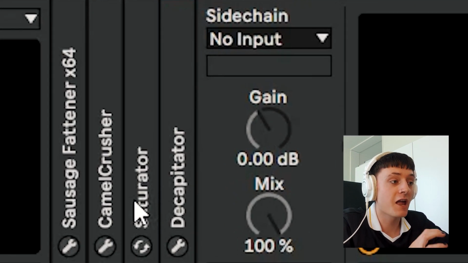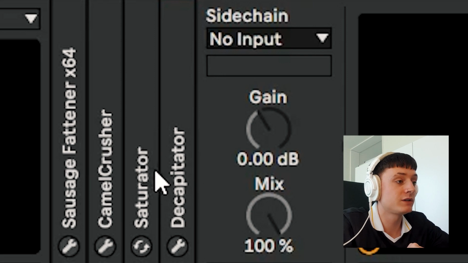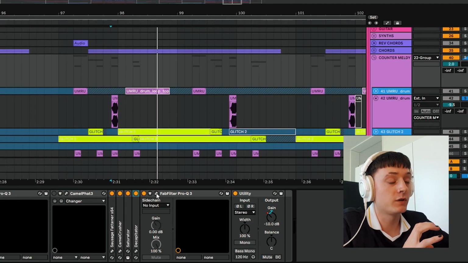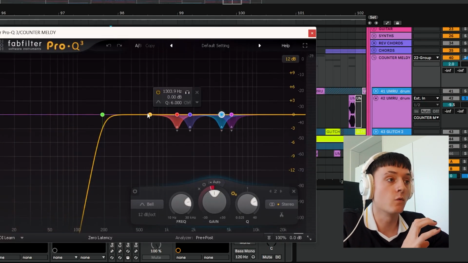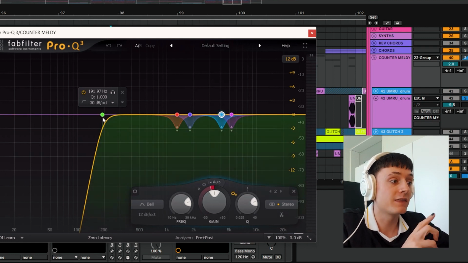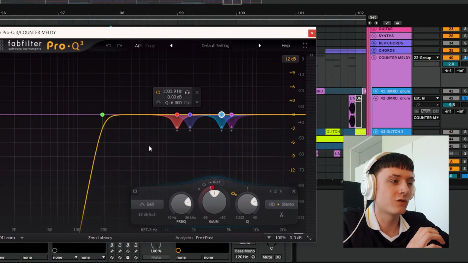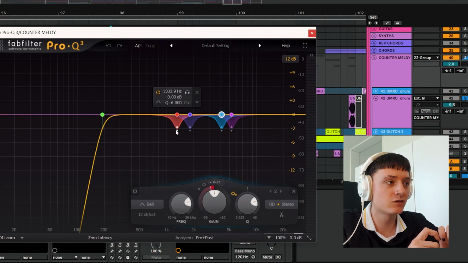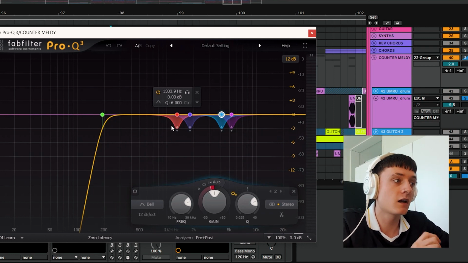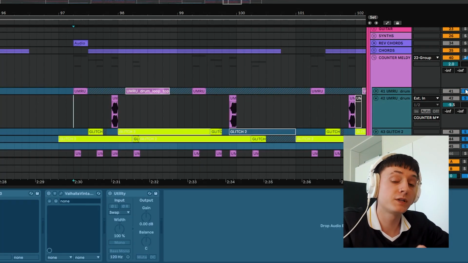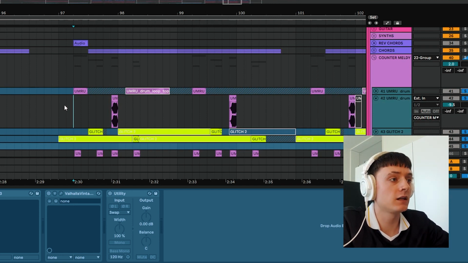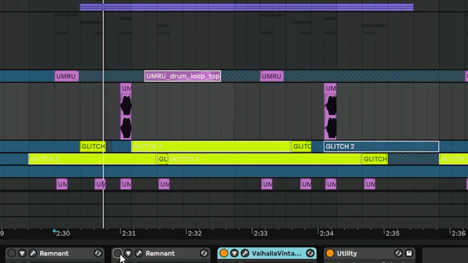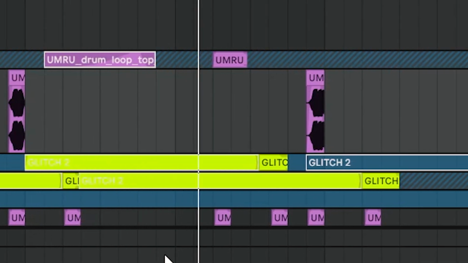a bunch of Sausage Fattener, Camel Crusher, Saturator, Decapitator, ending with a little bit of EQing because there's a lot of unwanted frequencies created by these plugins, and also a little bit of a harsh sound to the distortion. So just taming a couple of these harsh frequencies, pitching it around a little bit to create a melody, and you end up with